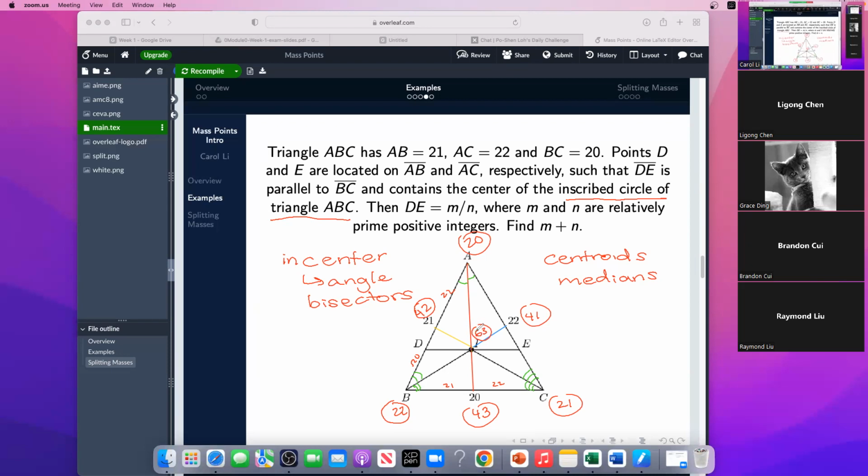Which is really nice because now we don't have to do quite as much work with fractions, well, splitting masses, which you guys will see later. And it has appeared on AIME and AMC questions, so I will teach it anyway. Okay, but the question asks you the ratio,